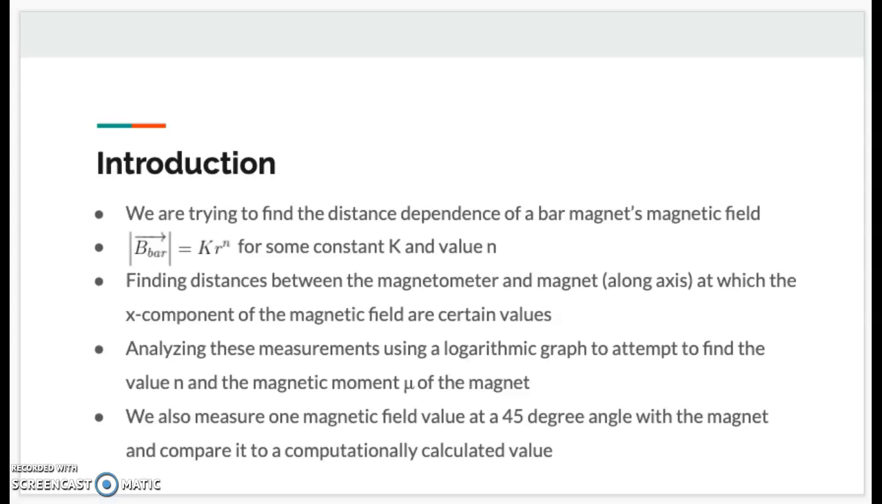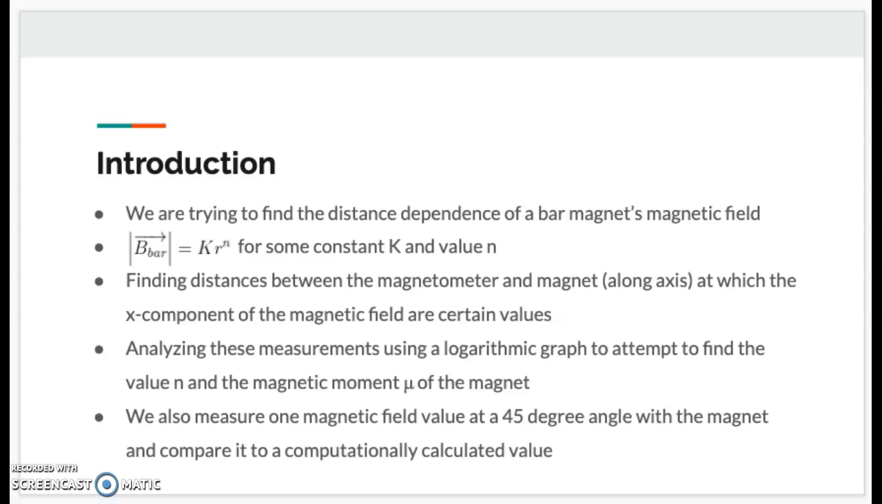In order to do this, we are given desired x components of magnetic field due to the magnet, and we must find the distance between the magnetometer and the magnet along its axis for each value. We then analyze these measurements along a logarithmic graph to attempt to find the value n, and then we find the magnetic moment mu of the magnet. After this, we also measure one magnetic field at a 45-degree angle to the magnet's axis and compare it to